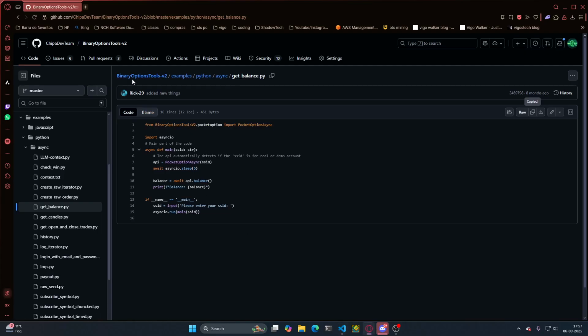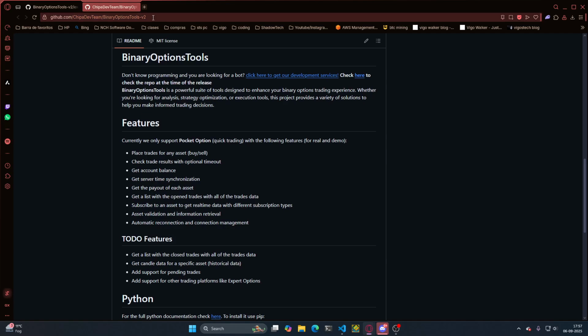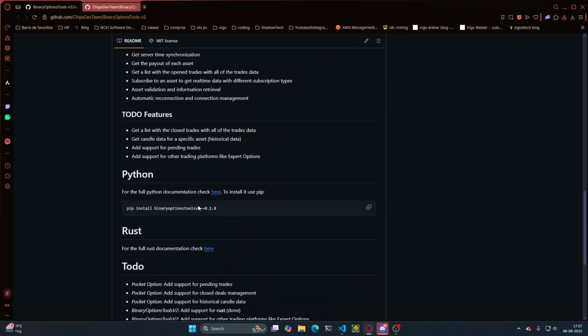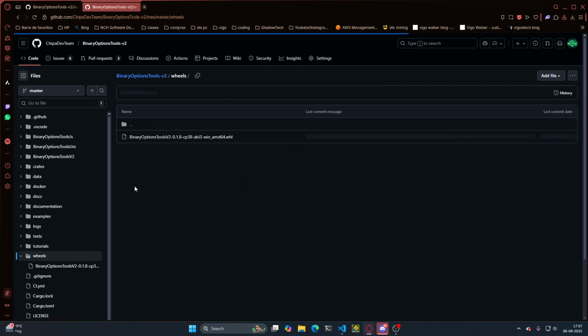To get the library, you're gonna install it. You can just go to the GitHub repo, and it's gonna tell you the command to install. This is to install the latest version. Sometimes the pip version might not be the latest one, so you can install it like this. But we actually want to get the latest version, the